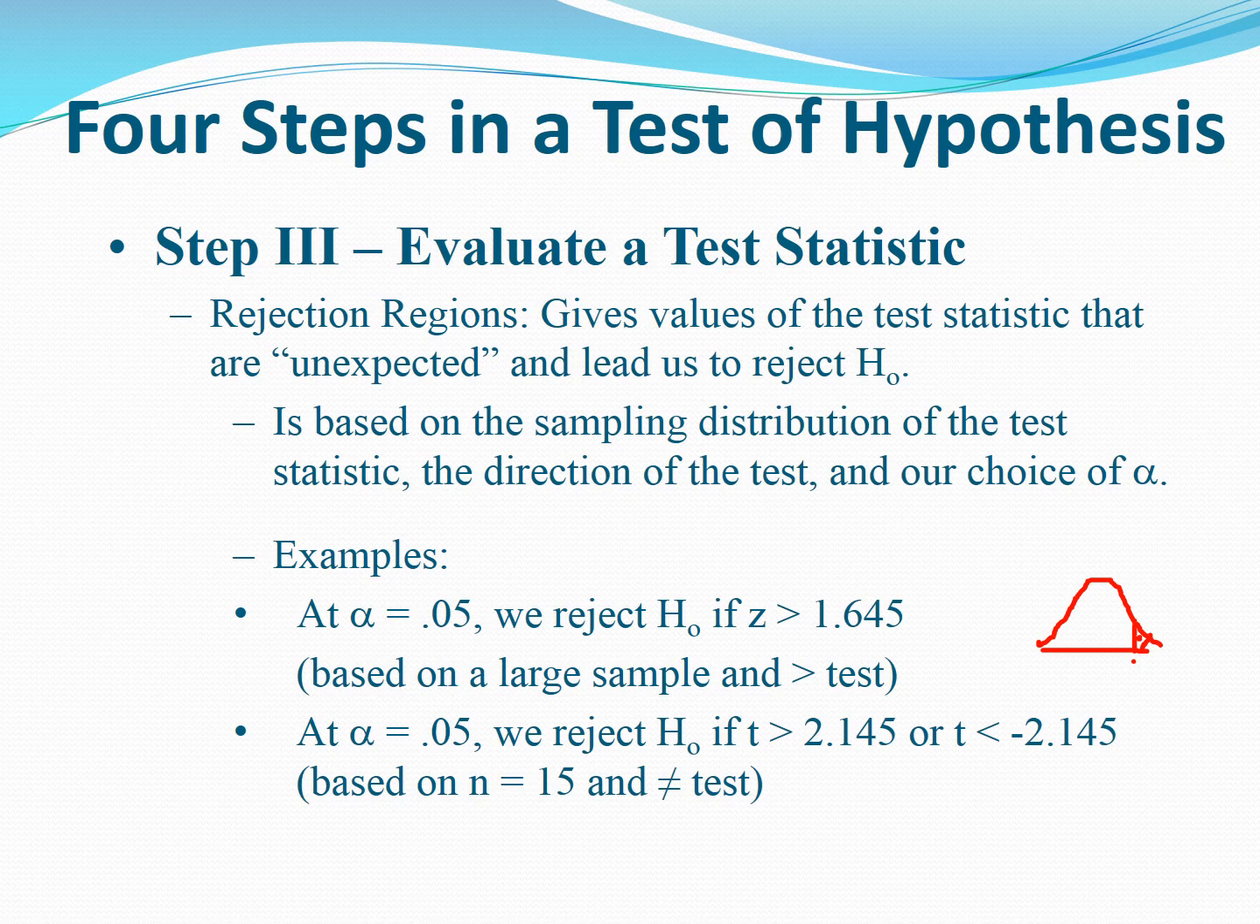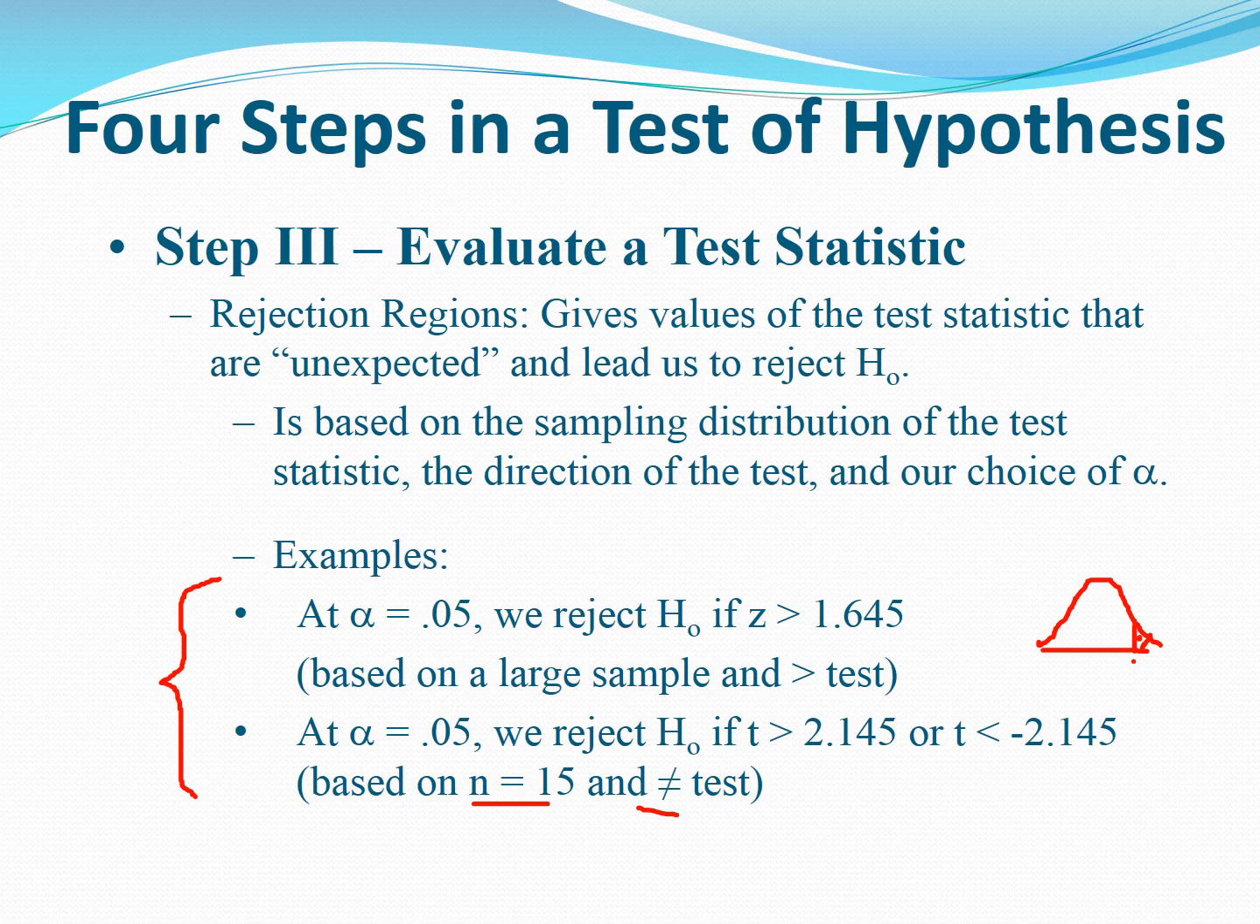Another example, at alpha equal 0.05, we reject if t is greater than 2.145 or less than negative 2.145. That's true if you're working with a sample of 15, you have a 2-tailed test, and the population you're sampling from is approximately normal. These are just examples of what rejection regions look like. They are rules for determining when you can reject H0,